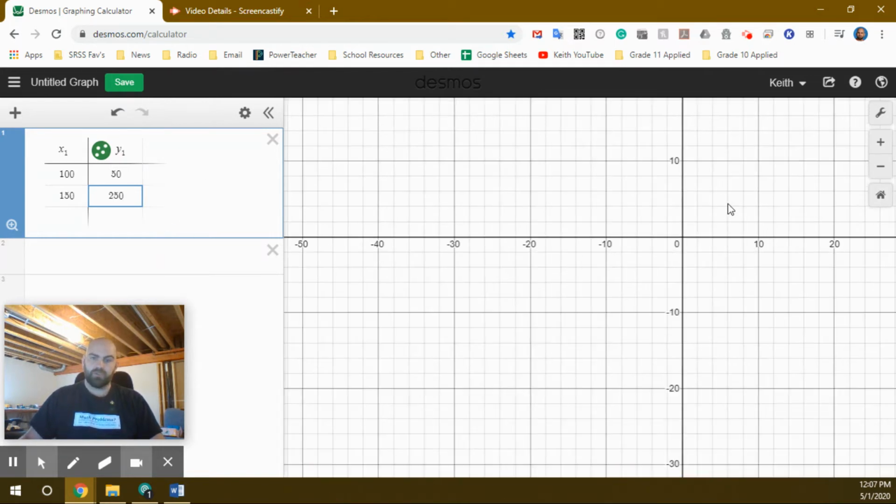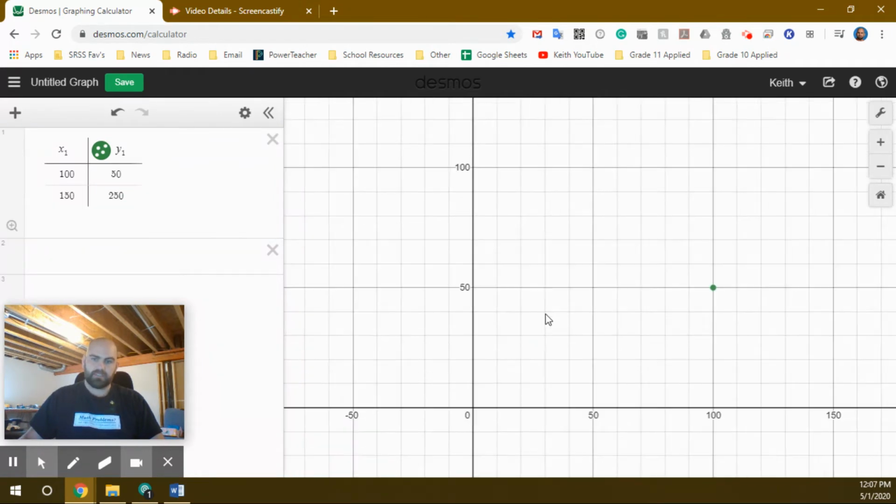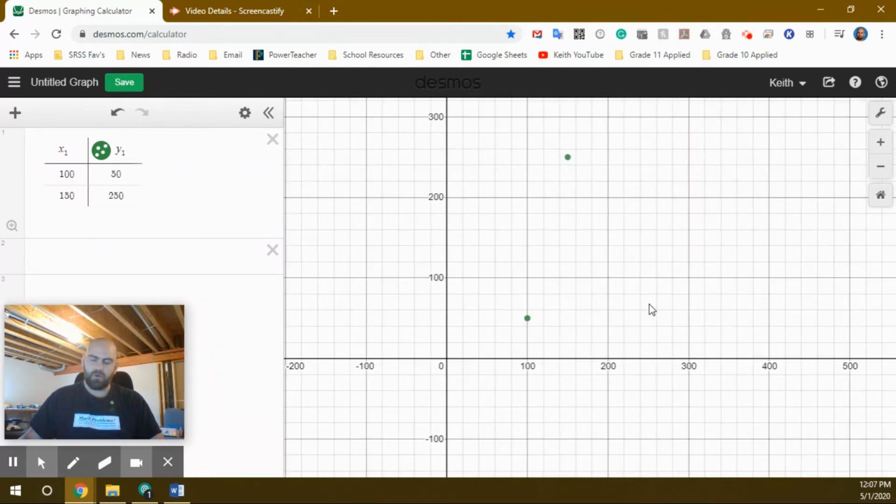And so what I'm going to do is zoom out so that I can see those big values. There we go. Okay, there's my values: 100, 50 and 150, 250. Those are the two values there. Now, if I want to figure out the equation that goes through there, I want to do it in slope-intercept form. So I'm going to put in y,